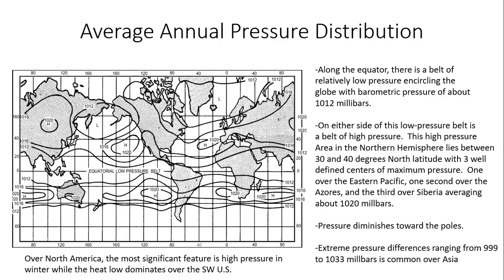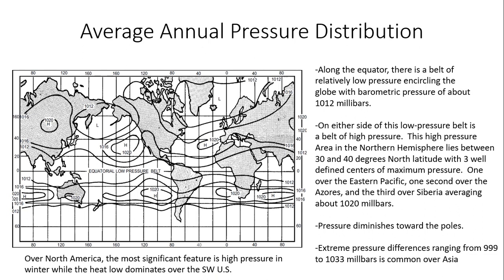So here's a map of the average annual pressure distribution. I am just taking this throughout the year. This is generally where you find average areas of lower pressure and average areas of higher pressure. All right, so a couple main bullets we need to take a look at on this map. First, along the equator, there's a belt of relatively low pressure encircling the globe with barometric pressure of about 1012